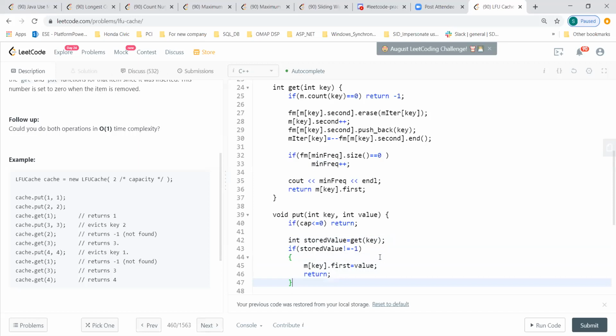Okay, so for the first 1 1, then we again put 1. If we put 1 2, it means that we are updating, right? So in that case, if we do put 1 2, it will come here, it reads again, so it increments this frequency. Okay, so the frequency will be 2, but it should be stored in that bucket, right? The minimum frequency bucket. That I'm not getting. I think that's duplicated. We don't need to worry as long as we have the minimum frequency.